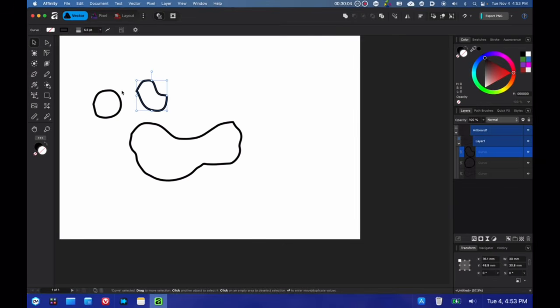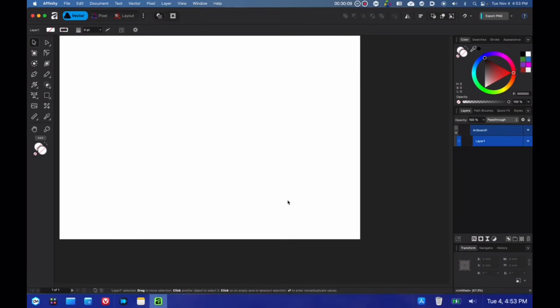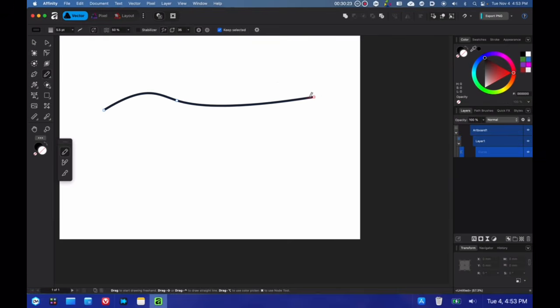And the last thing that I want to show new Affinity users is not the corner tool, not the stroke width tool, but I want to show something you can do with the shape builder tool, which is very similar to Clip Studio Paint. So the shape builder tool is more than just adding, subtracting, and intersecting shapes.